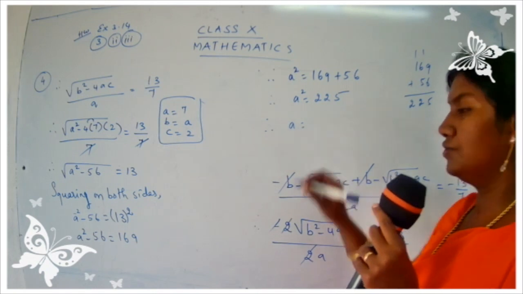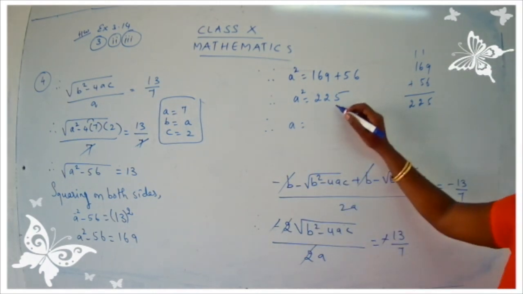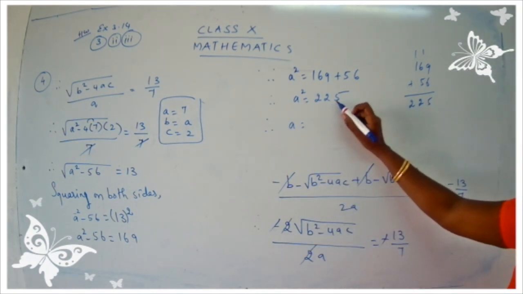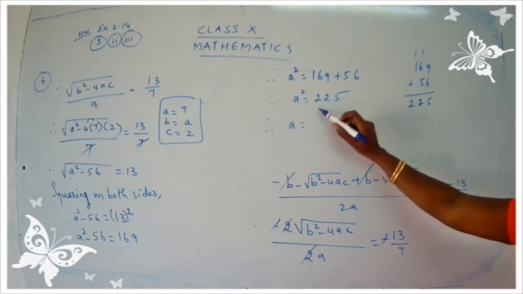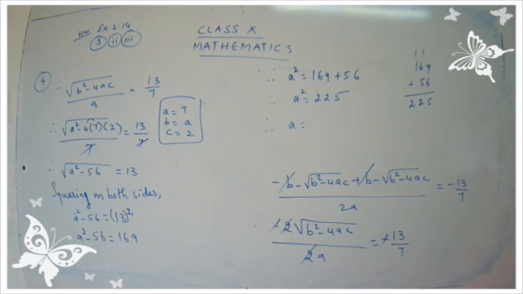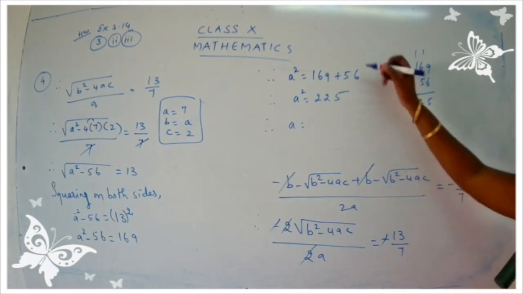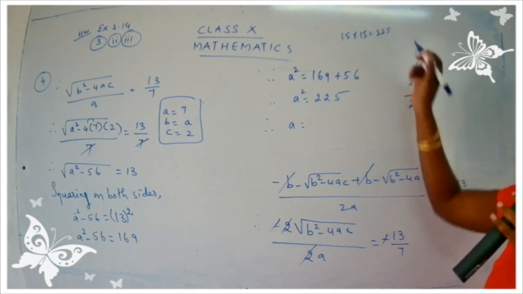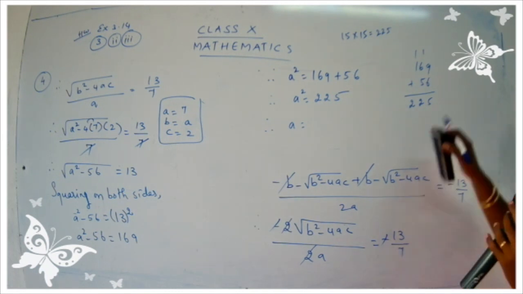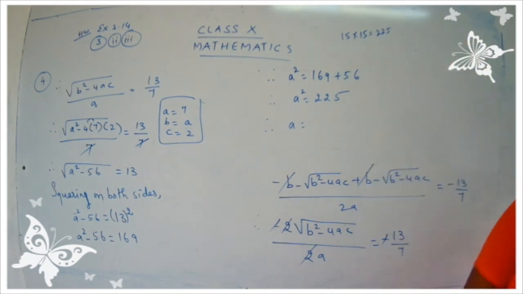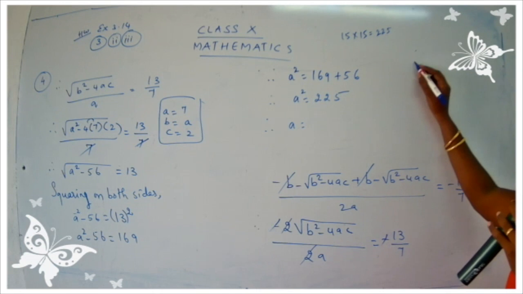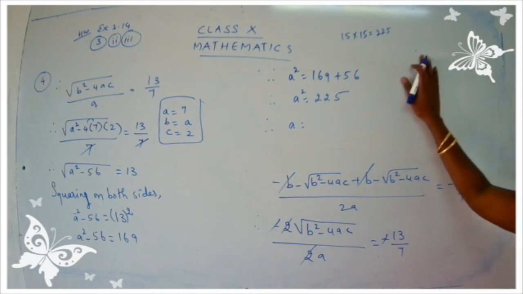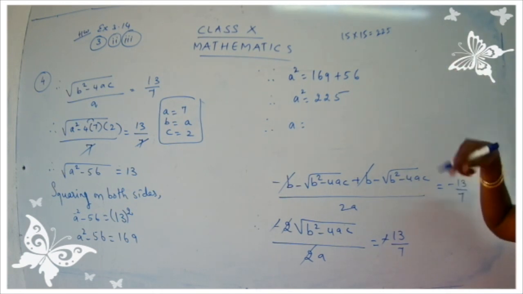Therefore, a is equal to square root of 225. You know the value for 225. I told you that you have written the squares from 1 to 20. So you can find out the answer for 225. What is the square root of 225? It's 15. 15 15s are 225, you can check your homework part. Or if you have a confusion, you can find the square root using the factorization method. You can find by factorization or you can find by the long division method.